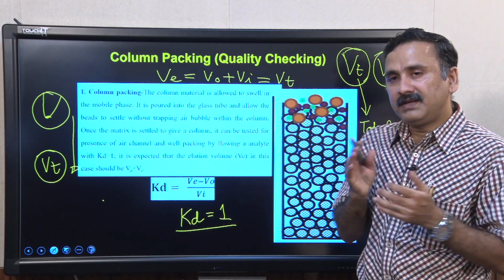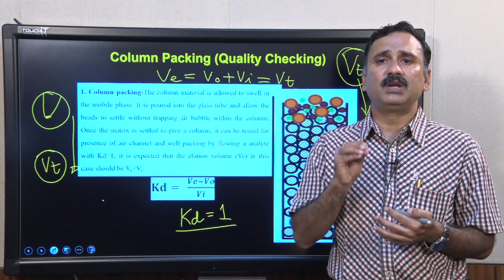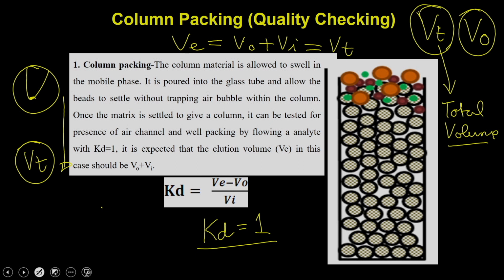So, what are these molecules? These molecules are going to be the smallest molecule possible. So, in gel filtration chromatography, what is the smallest molecule? The smallest molecule is water, because that is the smallest possible.